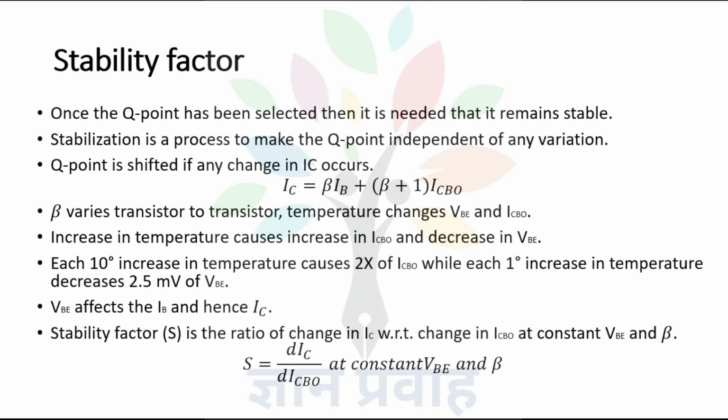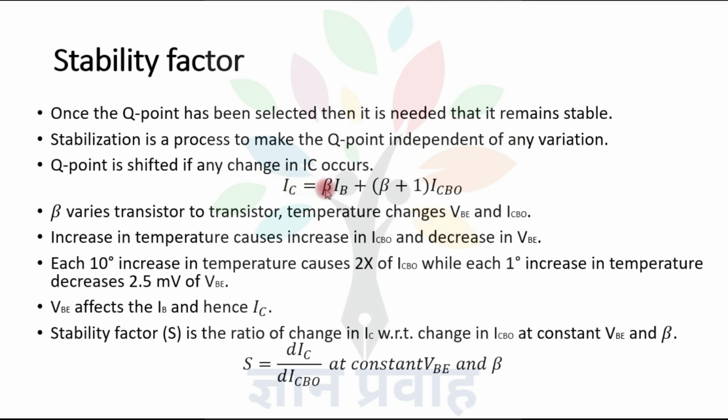So we generally use the common emitter configuration because it is widely used for the audio frequency range for high power gain, and it provides a 180-degree phase shift. And here the Q point of any electronic device, or in the case of common emitter configuration, depends on a number of parameters.